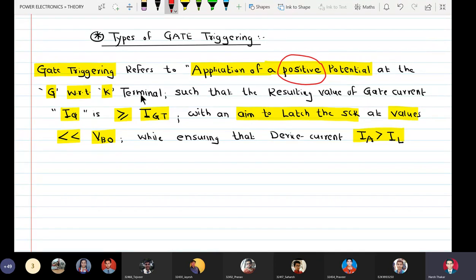When I say positive potential, it can mean a DC potential, an AC potential, or even a pulse potential. This condition that VGK is positive takes us to three different possibilities, that is, the different types of gate triggering.